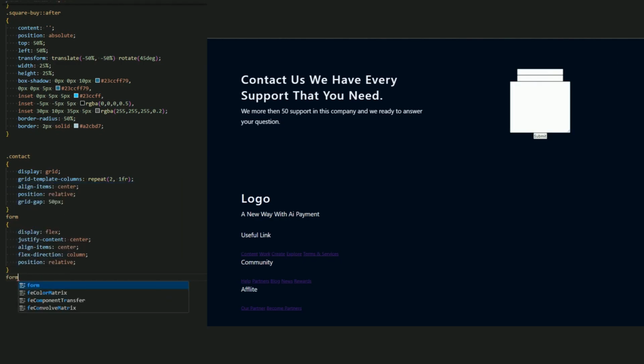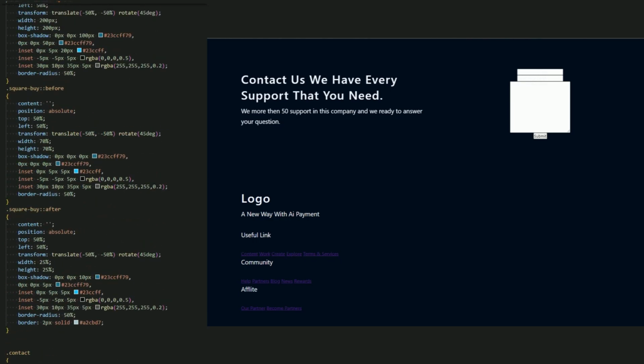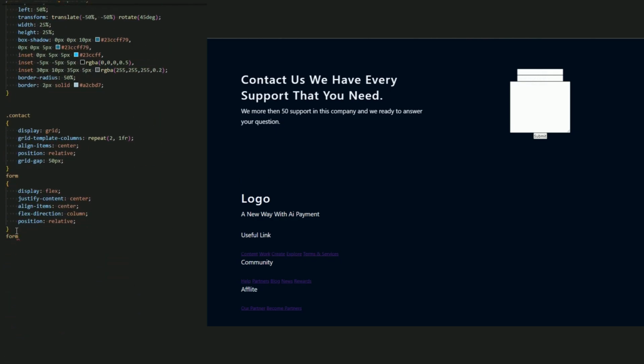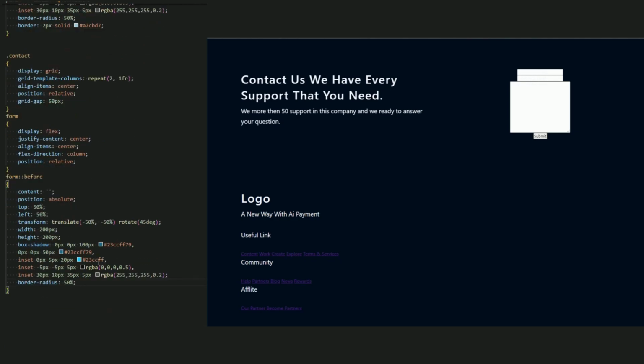for this, this is square, so let me just copy this instead of that. Okay, for this form before, let me add it, and the top be the same, left be the same, and we don't need to rotate. I want it to be a circle. The width be 80%, and the height 120%.